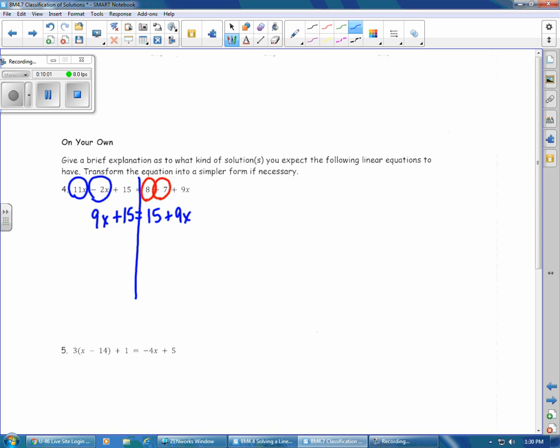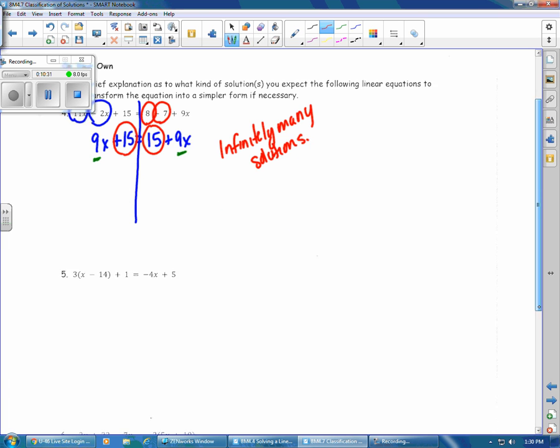So I am looking at this problem and my coefficients are the same and my constants are the same. So that means there are going to be infinitely many solutions. All real numbers will satisfy this equation. The next one,